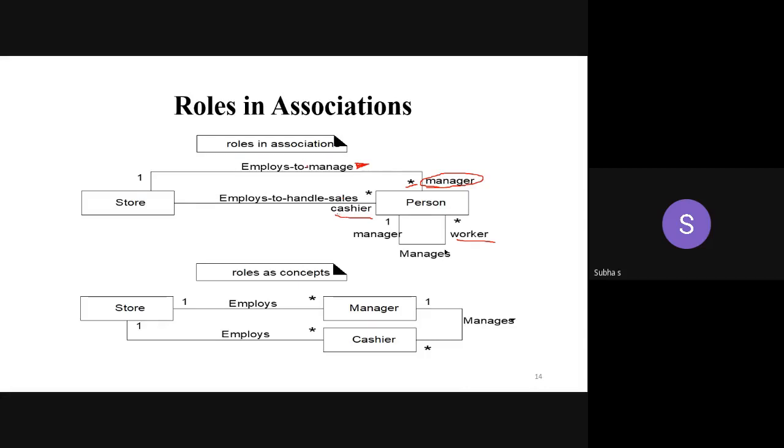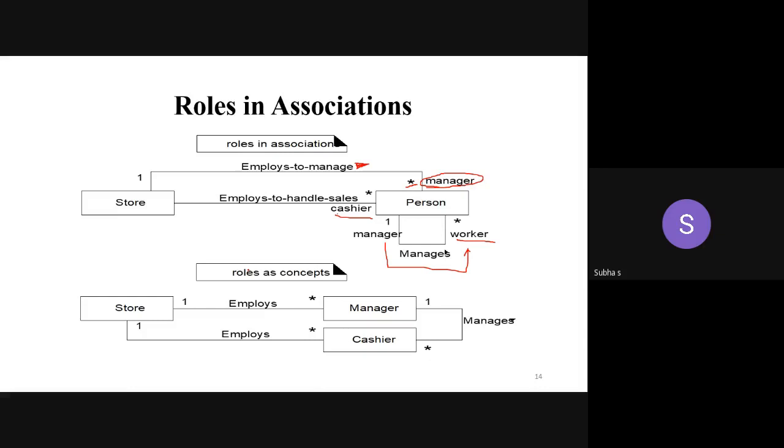Who is employed to manage the entire activities that are happening? Manager. What will the worker do? Many workers. One manager manages whom? Many workers. In this way you have to read. One manager manages many workers. So this is the usage of role in association.